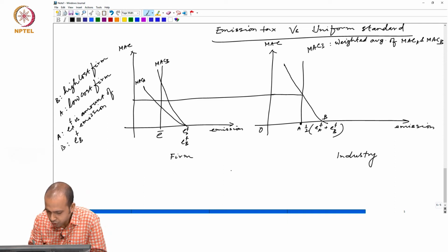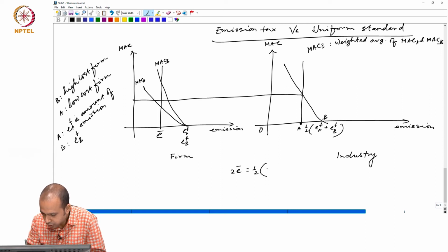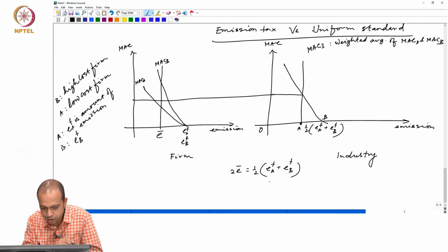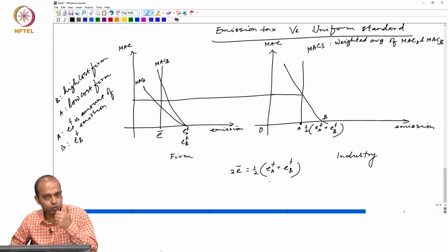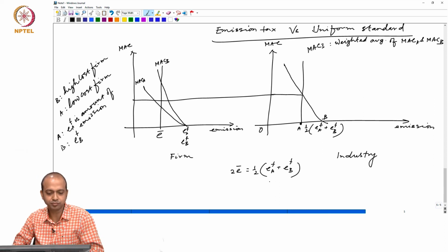So, that means 2 times E bar equals half of EFA plus EFB. So, the regulator is asking both the firms A and B to reduce their pollution by amount E bar. Is that clear? So, if I take twice of E bar,